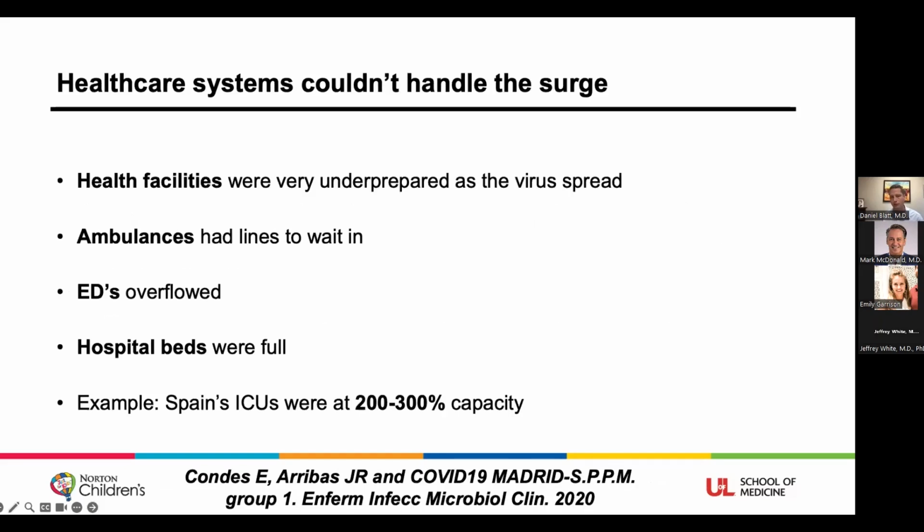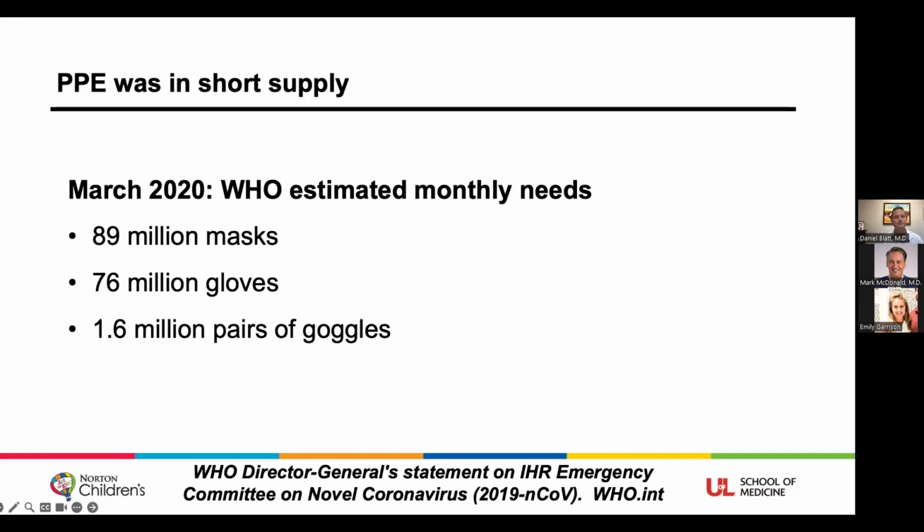Healthcare facilities all around the world weren't ready for such spread. Ambulances were waiting in line to reach emergency departments that were too full, and once in the hospital, patients had to wait in EDs as inpatient beds were in short supply. There are many examples of systems that were many times over capacity. And as the pandemic developed,